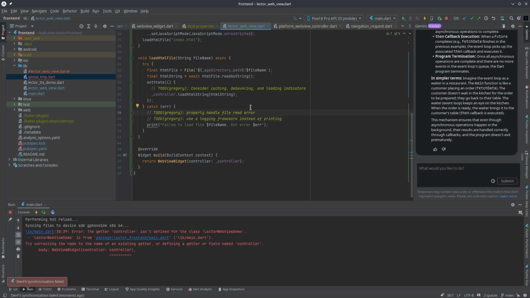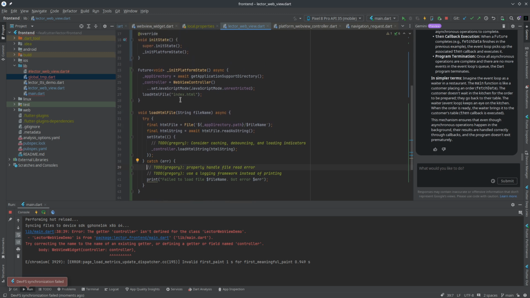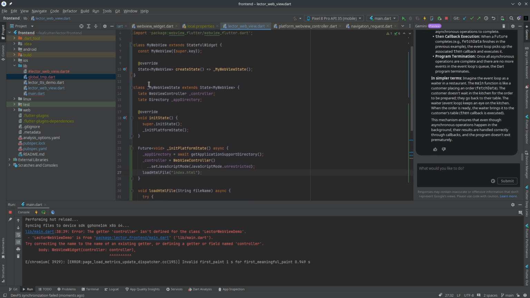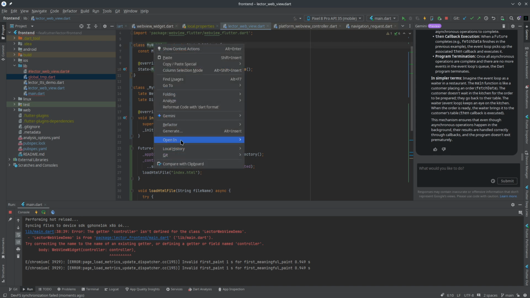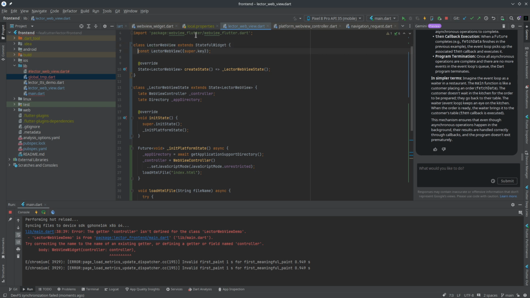Okay. So do I expect this to work? Well, no, there's no index.html file. And I'm not using my WebView state anywhere. Let's change my WebView to Lector WebView. And let's